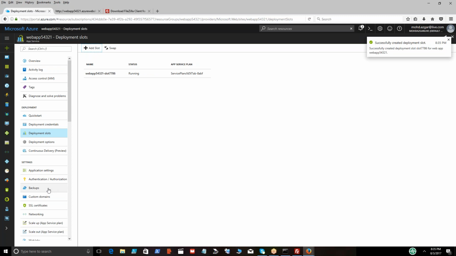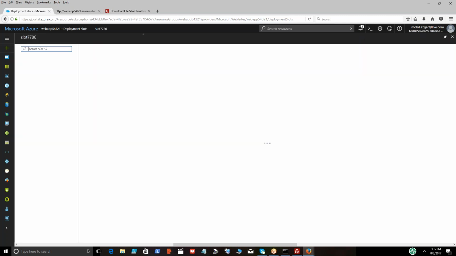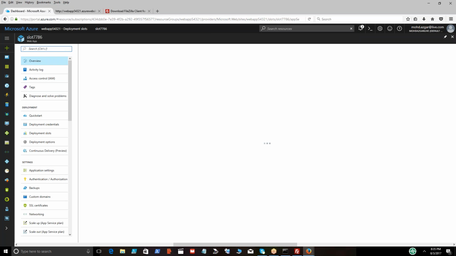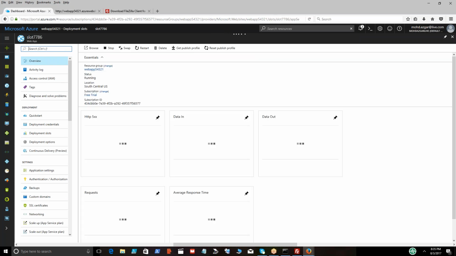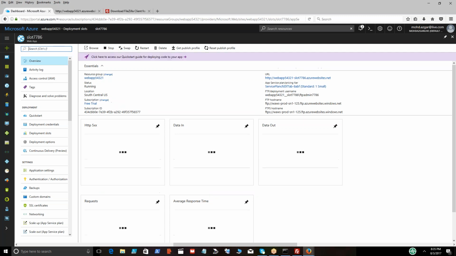Yeah, click on it. Click on that. It is running. Now you will see new blades opening up and it has its own configuration. So you can start deploying the pages here for this deployment slot, which is slot 7786. So let's go ahead and